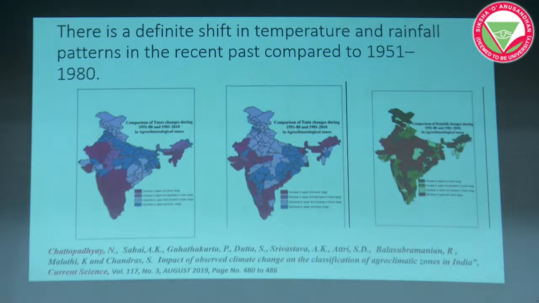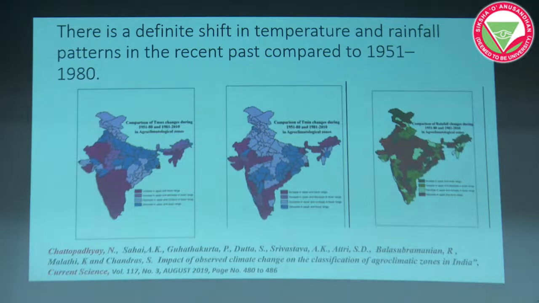We have seen that between 1950 to 1980 and 1980 to 2016, there is a definite shift of the rainfall regime and temperature regime. So we have requested the Ministry of Agriculture to review again how to classify Indian agriculture